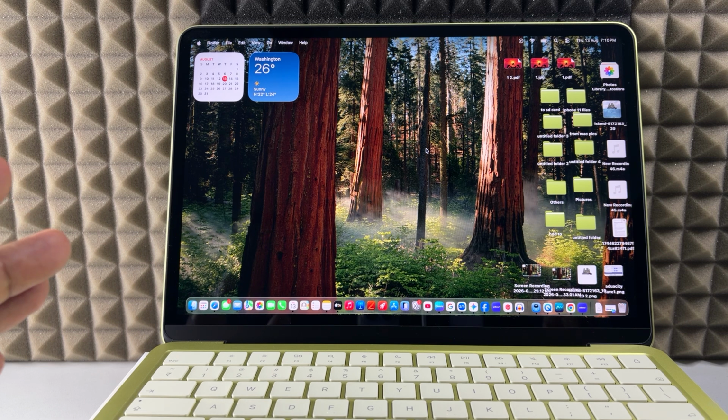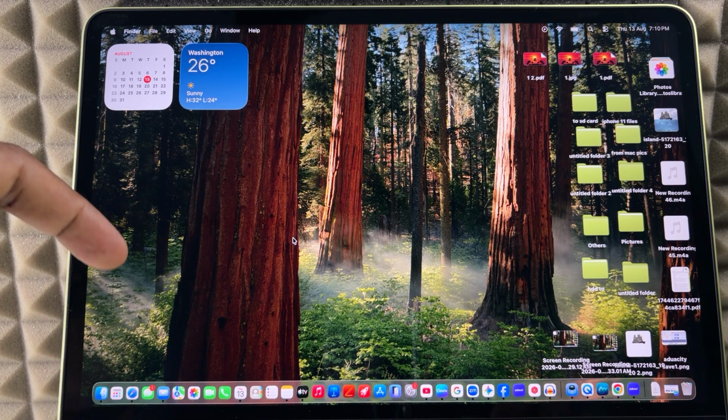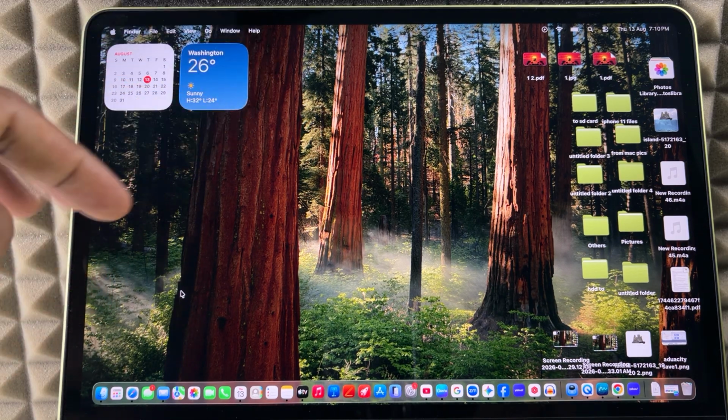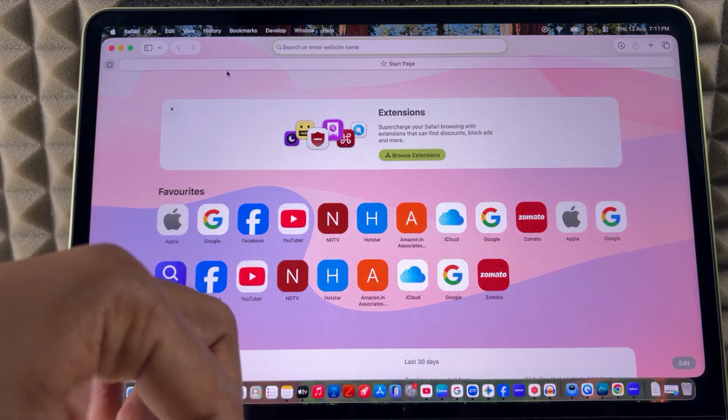If you want to download and install the ChatGPT app on your MacBook, I'll show you what you need to do. For now, I'm using a MacBook Neo, but it's the same for all Mac models. The very first thing you need to do is turn on the Wi-Fi and open the browser you usually use. I just opened Safari, but you can use any browser. Type ChatGPT,